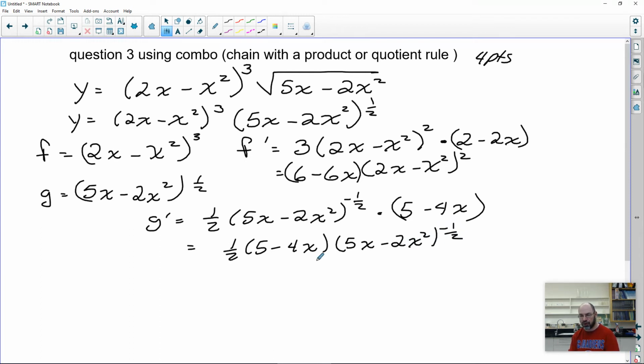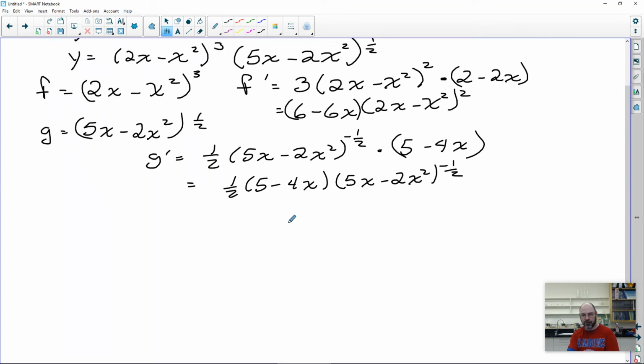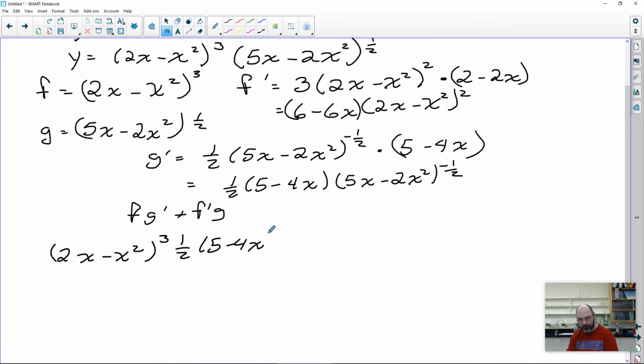Okay, and then we just apply the product rule here using what we have for our expressions of f and g and f prime and g prime. So we're doing the product rule again. It's f g prime plus f prime g. That's the way I'm going to do it there. So f is 2x minus x squared to the third power, and then g prime is 1/2 5 minus 4x times 5x minus 2x squared